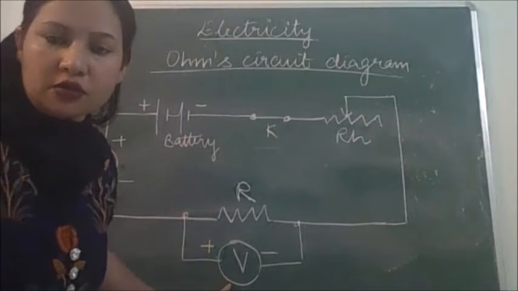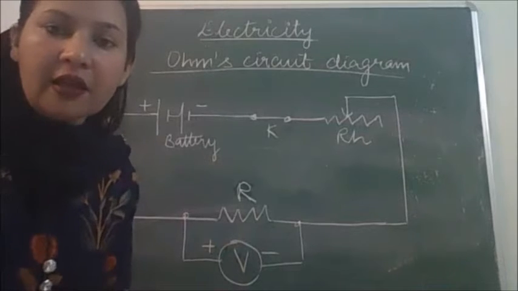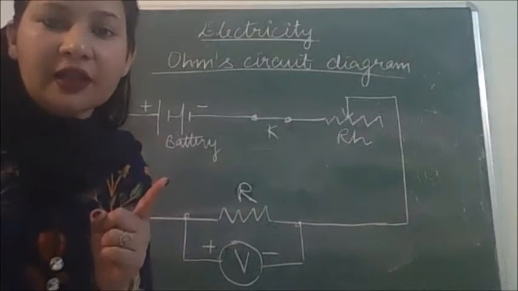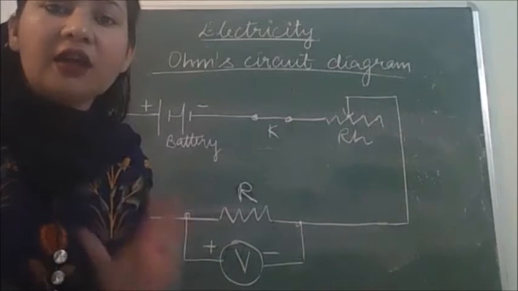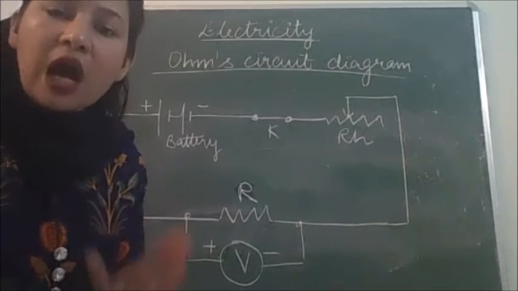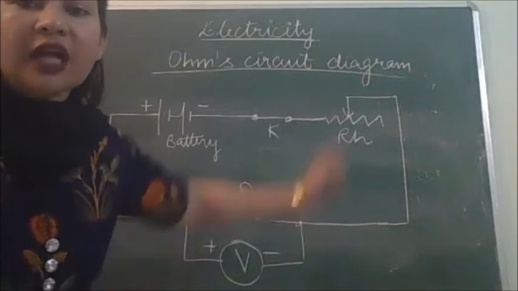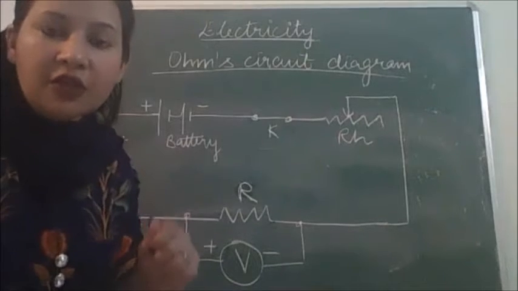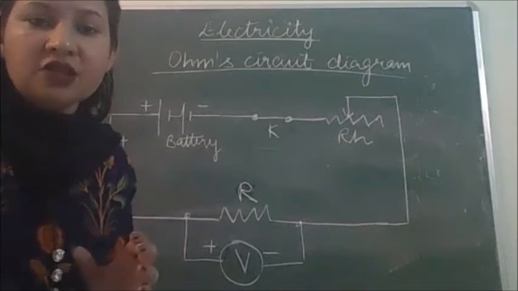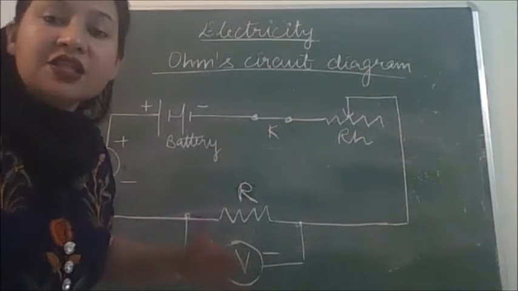When we press the switch, we see there is some reading in the ammeter, there is some reading in the voltmeter also. So we get a reading of current and potential difference, but this is only one reading. In Ohm's experiment, we at least take 3 readings to plot a graph. So how to take the new set of readings? I told you, with the help of the rheostat. So by moving the contact of the rheostat, we can change the readings of the ammeter and voltmeter because it changes the